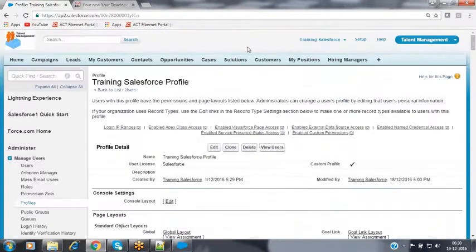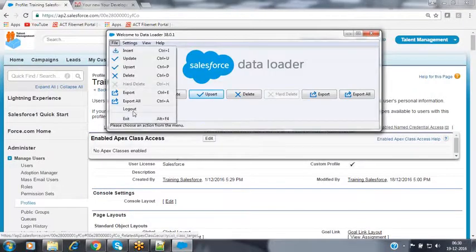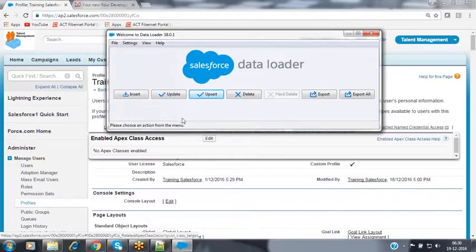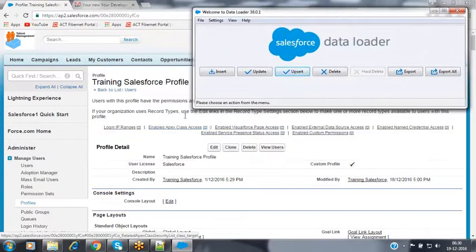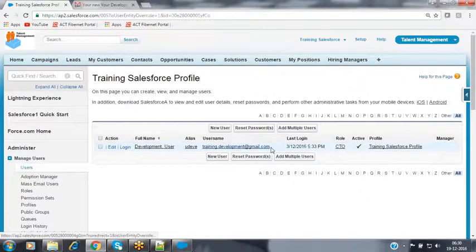Now I want to log in as the development user inside my data loader. I'm logging out because for the development user I have granted the bulk API hard delete permission. Log in as the development user right now.